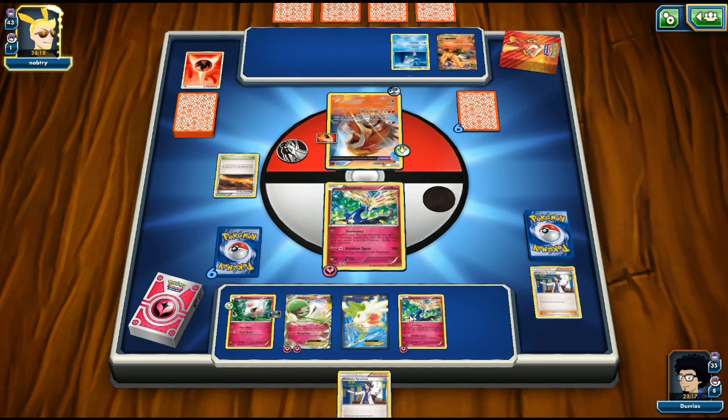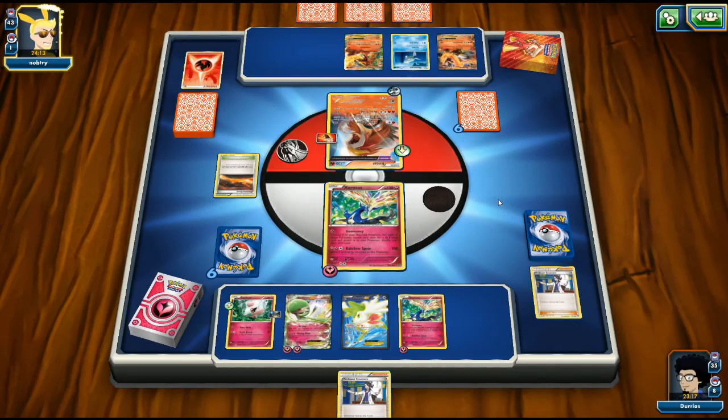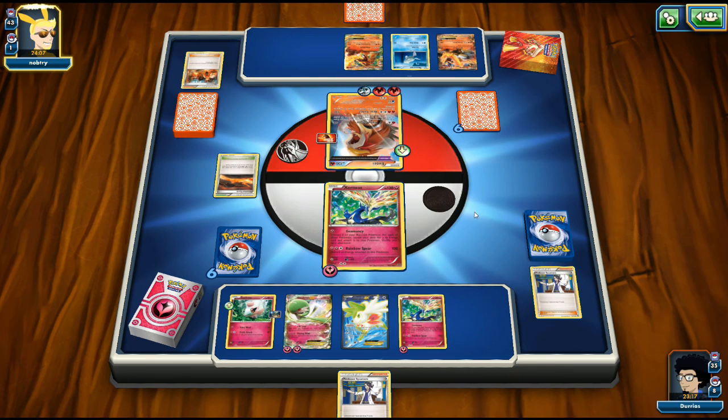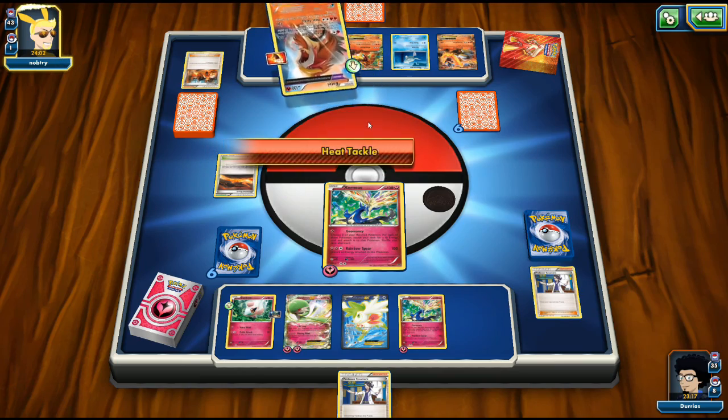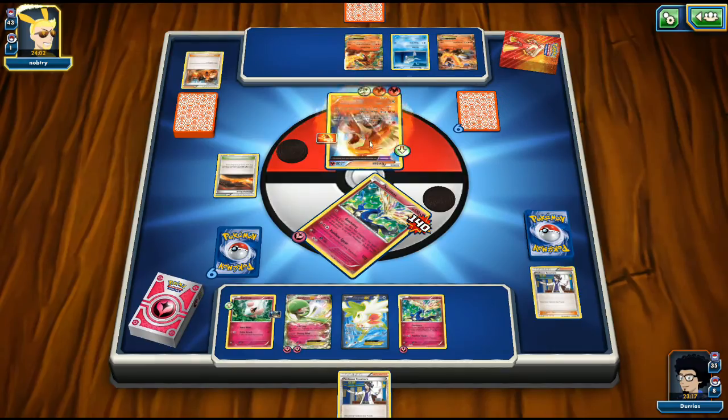We could later on use the Max Potion, which can come in handy to heal off the Heat Tackle damage from the Entei. Looks like we'll just get hit by a Flame Screen unless we see an attachment. There's the attachment. That will be a knockout. Maybe the Entei could do 30 to itself. Yes, it does. And we can then...